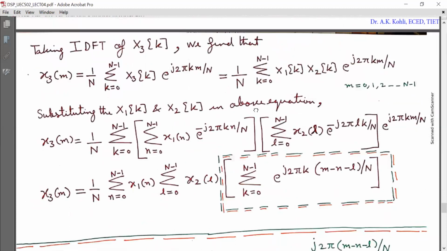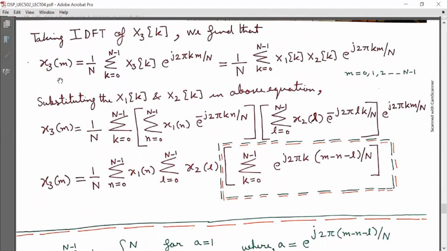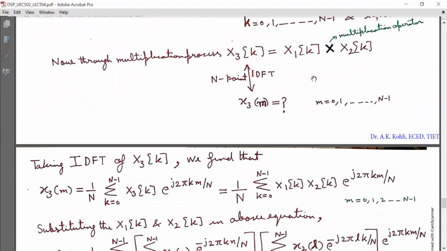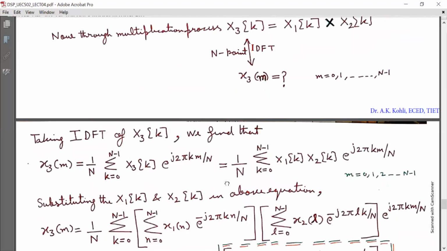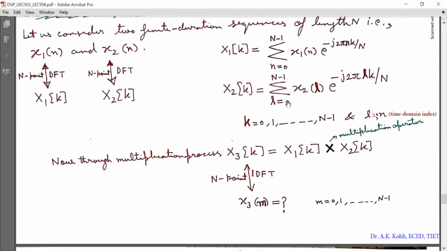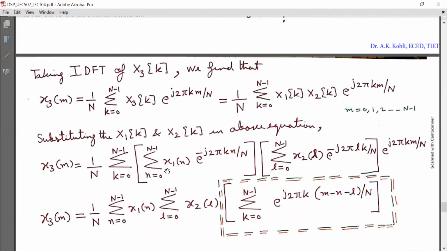Now taking the IDFT of X3[k], we find that x3[m] is equal to 1 by N, k running from 0 to N minus 1 in summation, X3[k] e raised to power j 2 pi k m by N. Now substituting the value of X3[k] from this, that is X1[k] times X2[k]. X1[k] we have defined like this and X2[k] like this. Further substitution of X1[k] here and X2[k] here,